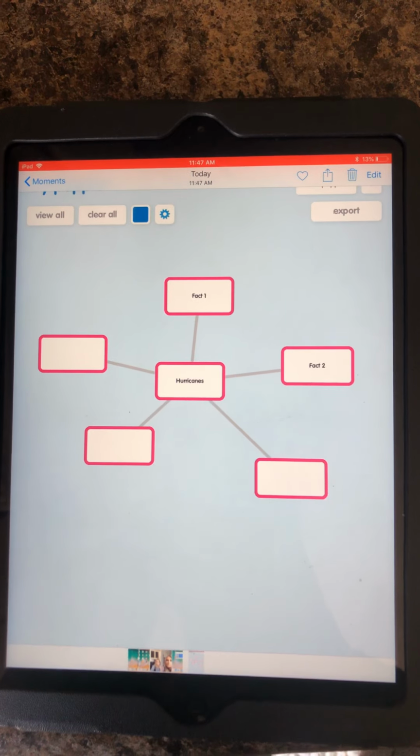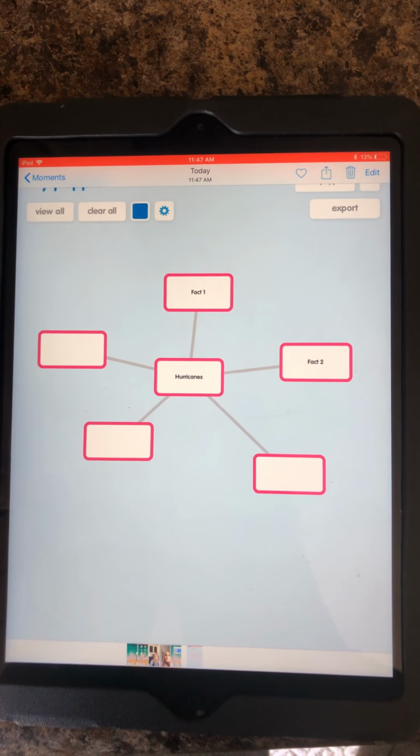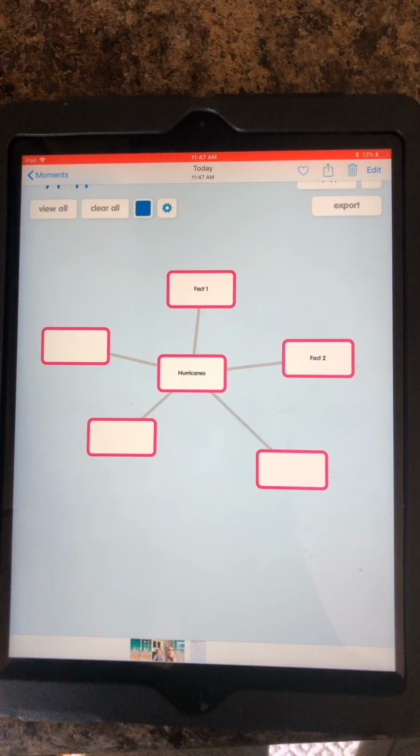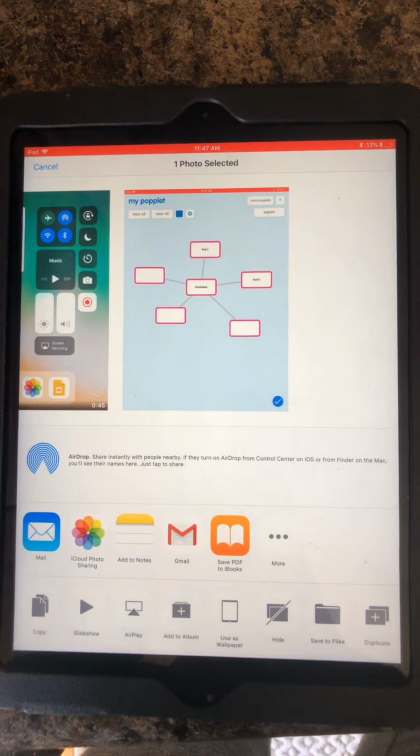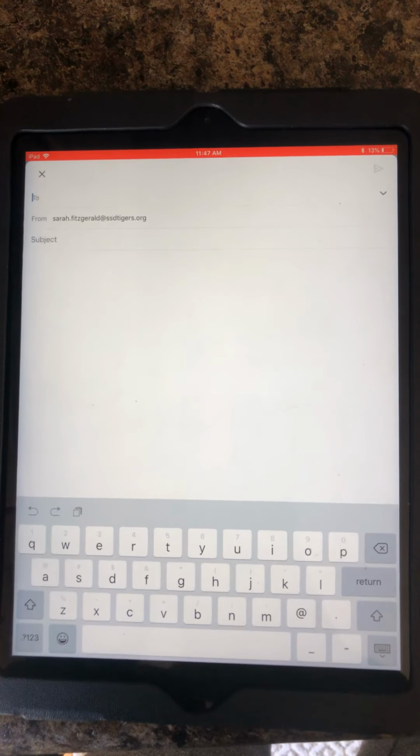Now, we all know how to send a photo to our teacher. So from here, you will just go to that arrow, and this is when you can email it to your teacher. Okay? Have fun, guys. Make sure you have some 5